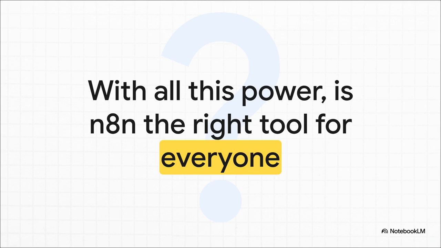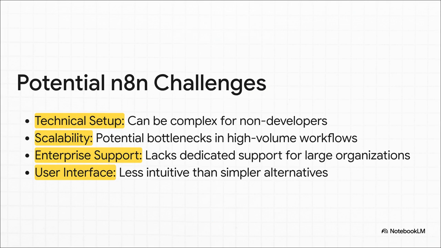Its biggest strengths, that flexibility and that raw power, they come with some trade-offs you absolutely need to know about. So what are those trade-offs? Well, the sources we looked at point to a few key things. That self-hosting option, amazing, but it can get pretty technical if you're not a developer. If you're running a massive number of workflows all at once, some users say it can hit performance limits. And for huge companies, it doesn't have that dedicated hand-holding support they might need. Finally, the user interface. It's built for power users, so it's not always as intuitive as some of the simpler